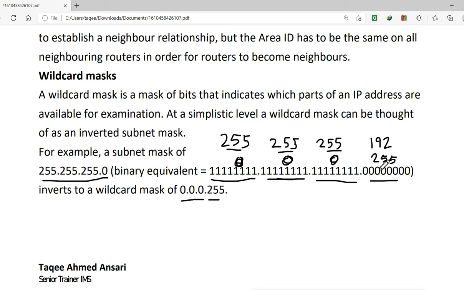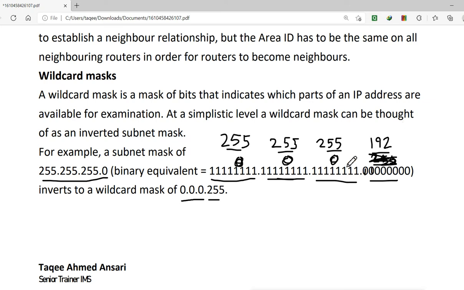Now here we don't have all bits off, so it will not become 255, because we have some bits on here. 192 comes because these two bits are on, 128 and 64, and when we combine them we get 192. This is the subnetted mask.